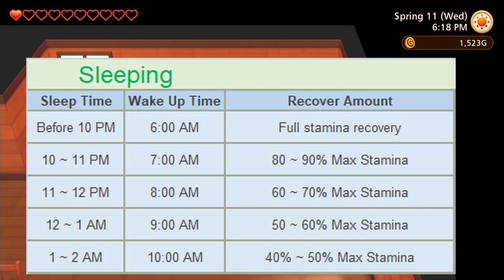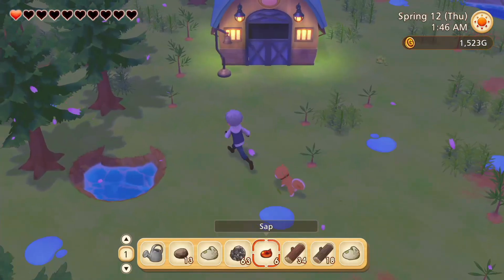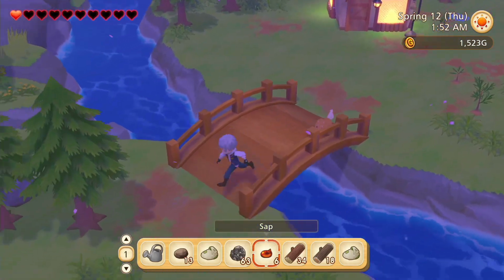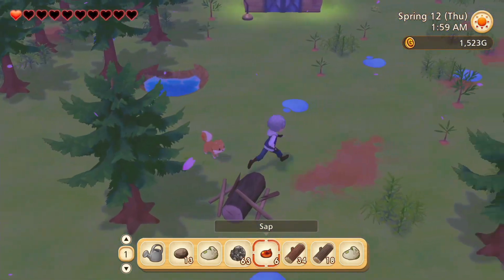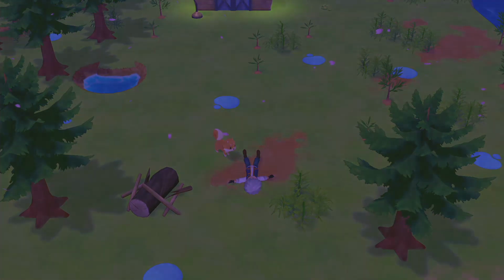If you sleep between 1 to 2, you're gonna wake up at 10 with the recovery of 60 or 50 stamina, which is only half of your hearts that will recover if you sleep late. And if you're wondering what happens if I sleep after 2 a.m.? Well, in this game, you won't get to see what's beyond 2 a.m. because when the clock hits 2 a.m., your character is gonna fall asleep and